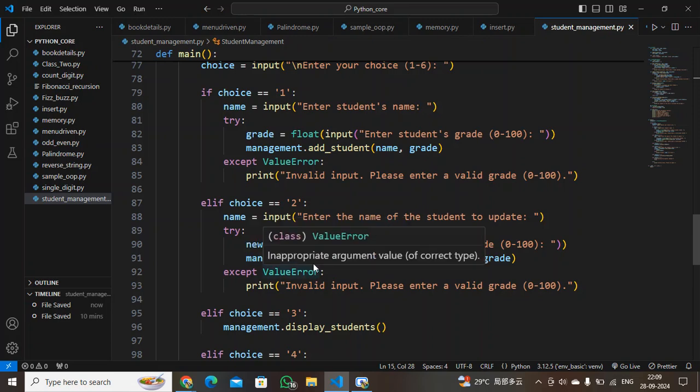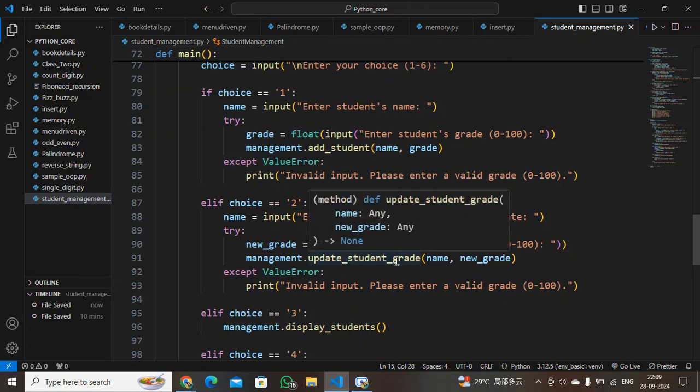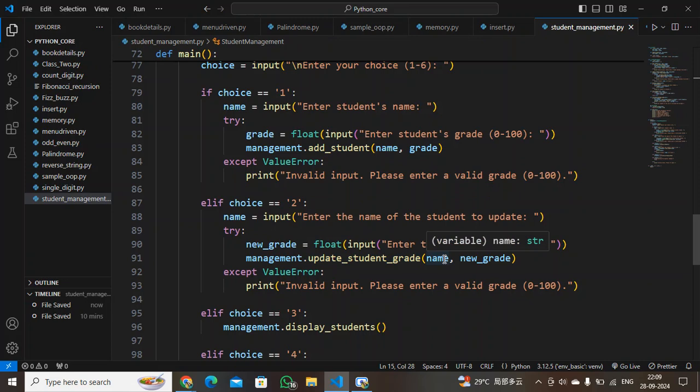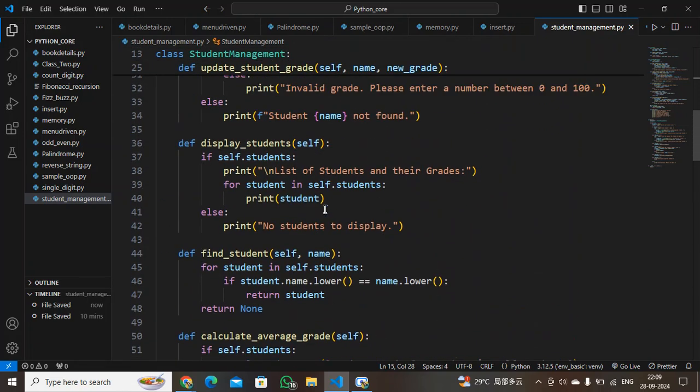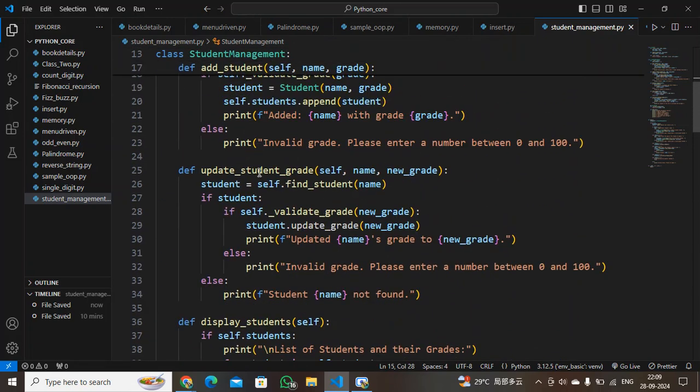Upon assigning, we again call the update student grade function, passing the name of the student present in the student list whose grade has to be updated with the new grade which the user is giving. So upon calling the function, let us go to the update function. So here is the update student grade function.